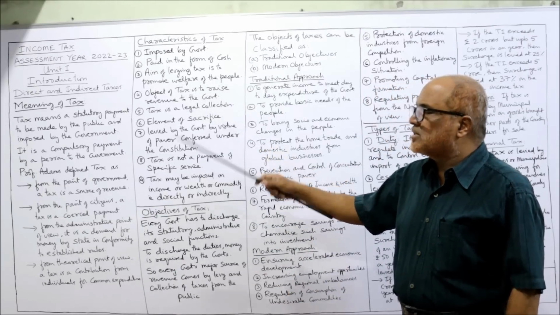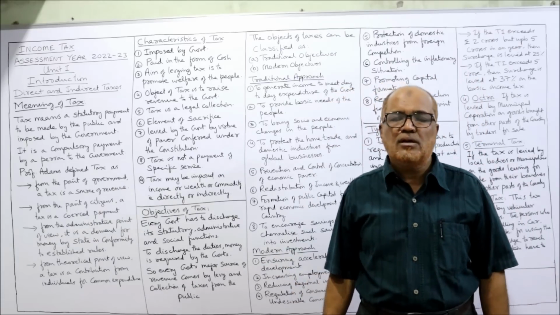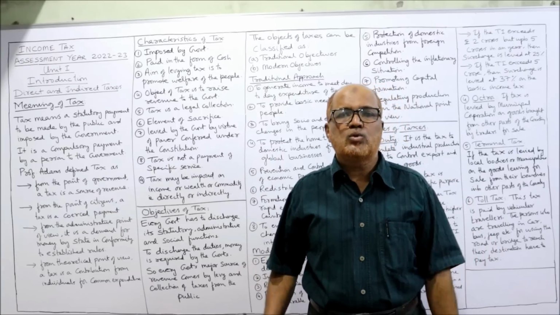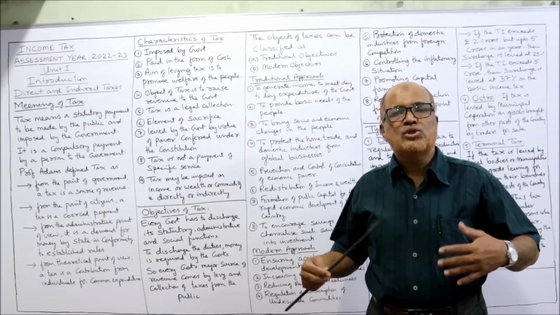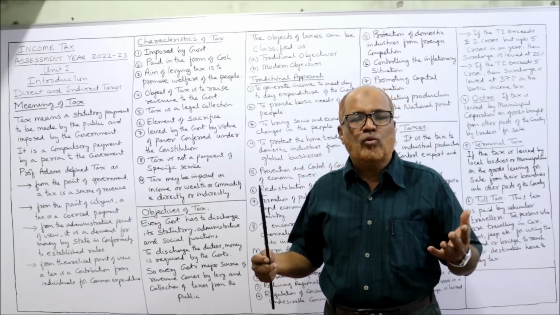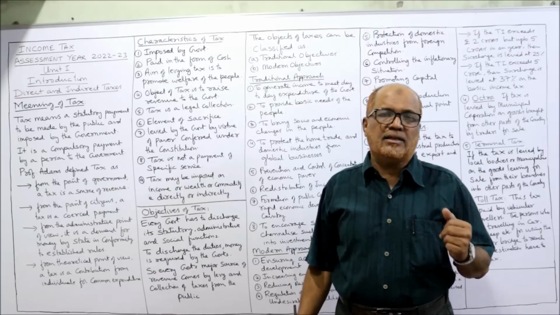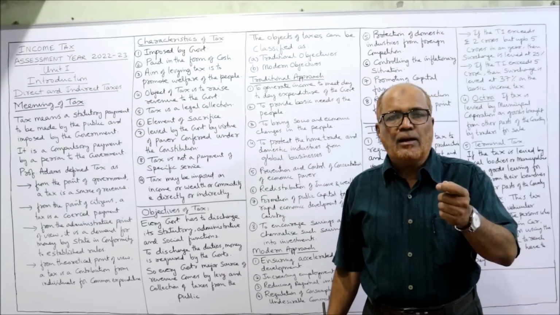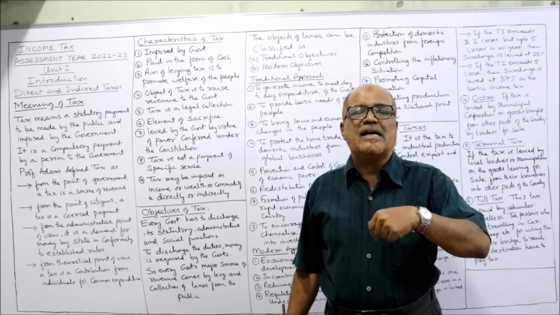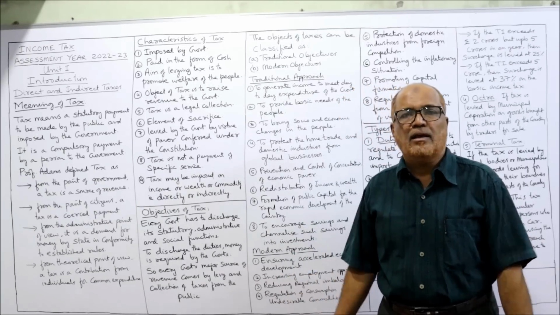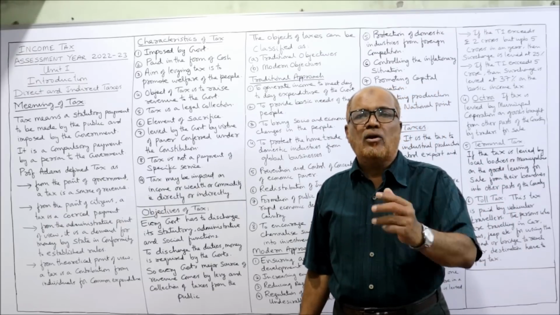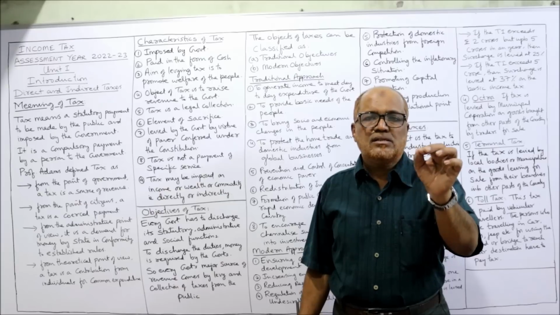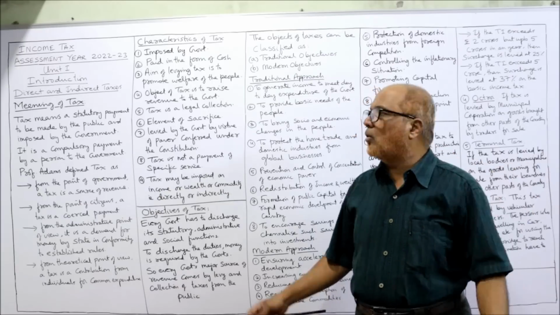Next, the object of tax is to raise revenue for the government. See here, the government will also have expenditure just like an individual. Every person will have to spend so much money on food, shelter, clothing, education. All these things, the people will need the money. With the help of this money, the people will satisfy their wants. Similarly, the government has to spend a lot of money on different activities. So tax is a source of revenue to the government.